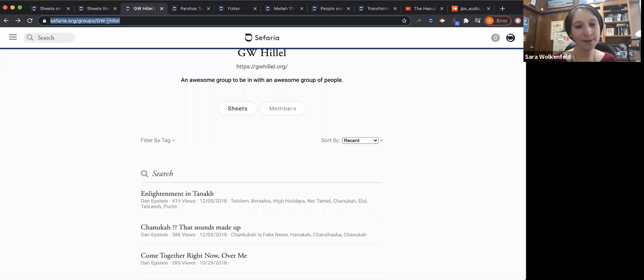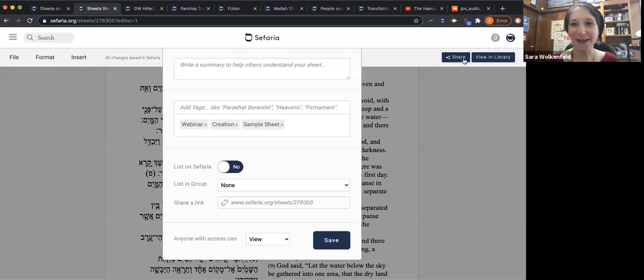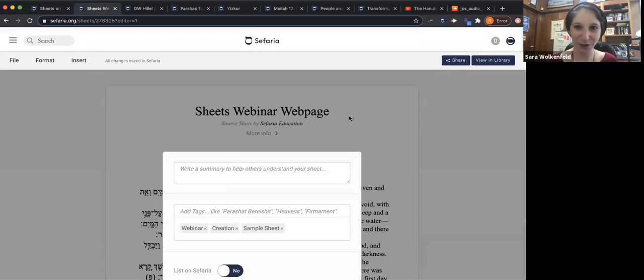And depending on the class, I either do or don't give my students the option to also share materials into the group. But you can decide using members, you can decide who's going to be a member of that group. If you're the owner of the group, then you can decide who to add and what the settings should be, whether it should be public or private. But I did want to just mention that because, again, when you click on share for your sheet, that's one of the options, is to be able to put your sheet into a group that you belong to and that you have access to publishing for.